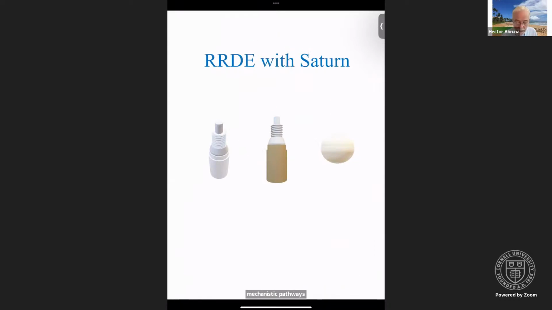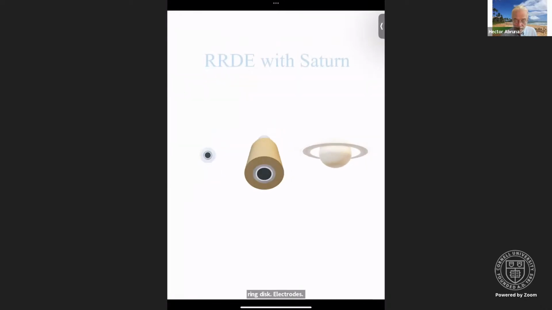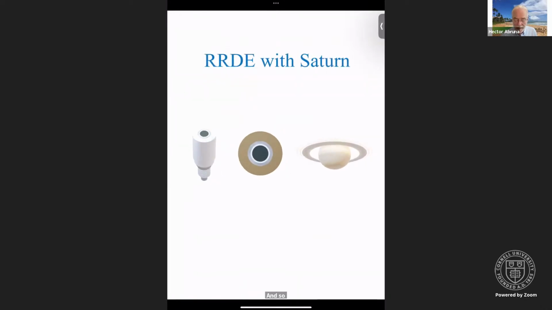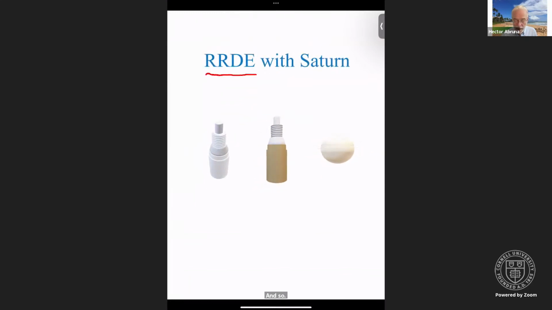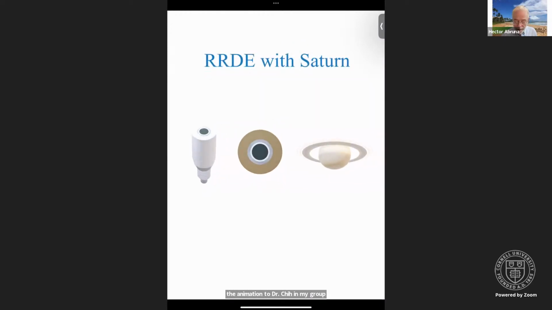Now, next we consider our RDE, which stands for rotating ring disc electrodes. Let's do that again. I have to give thanks for the animation to Dr. Chihao Lee in my group. I don't know how long it took him to make this, but I'm happy that he did. And so in a ring disc experiment, this idea of Saturn, because you have concentric circles here. If you look at this in a little bit more detail,